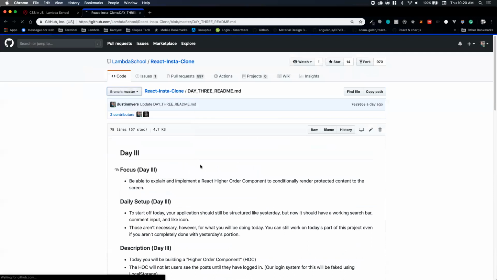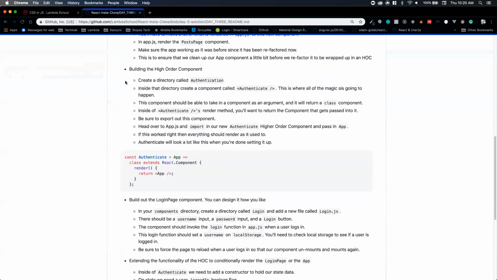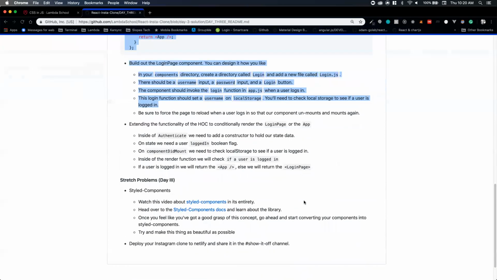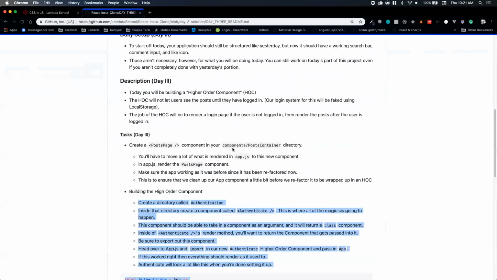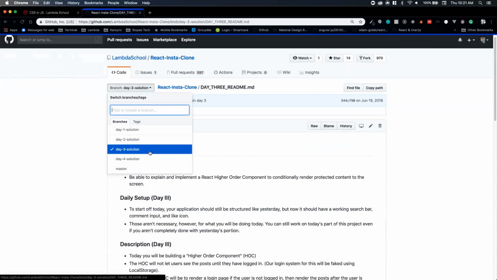What I mean is, if you were looking at day 3 solution, then this README is very old. It still gets you to a working app, and it still gets you to MVP, and it still gets you to a solution, but it's stuff that doesn't really look like what we talked about in class yesterday. That being said,